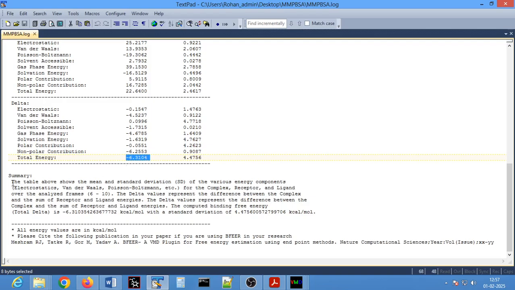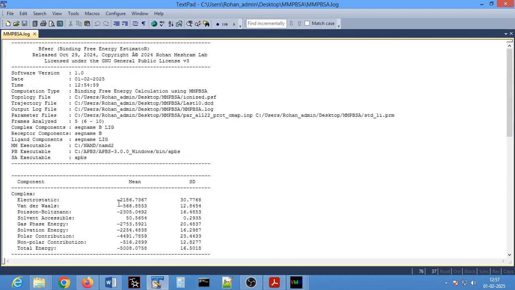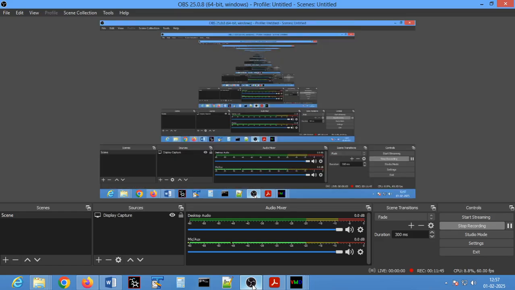So there will be a separate video wherein I will break down the content of this log file, but for the time being, for demonstration purposes, this is how you use BFEE for